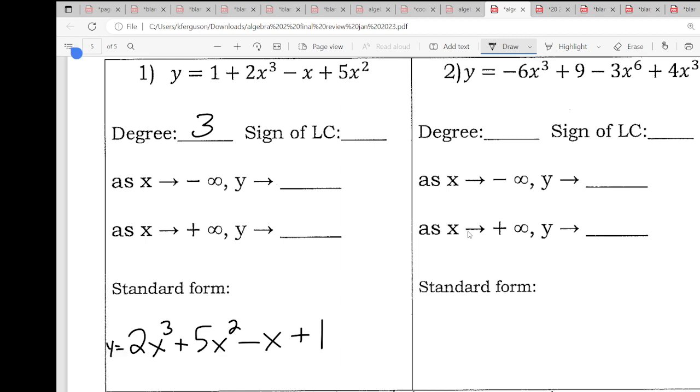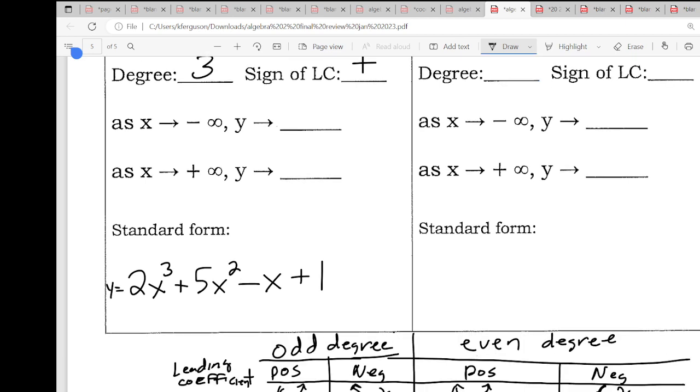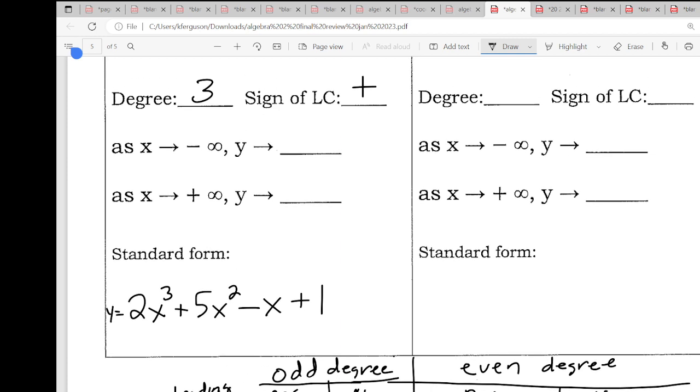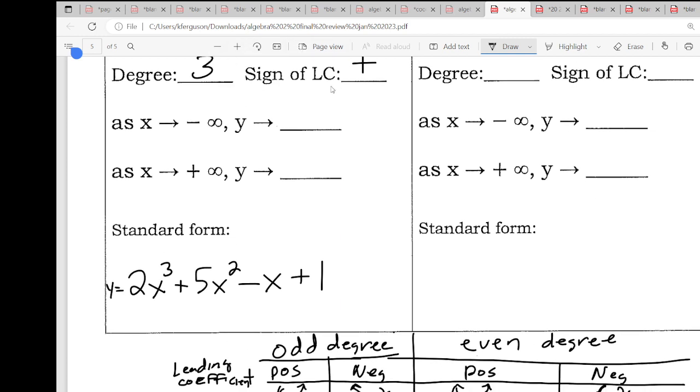So what's the leading coefficient? It's 2. And what's the sign of the leading coefficient? It was positive. So now, if I go to my little chart down here, I got a degree of 3. Is that even or odd? That is odd. So I have an odd degree. Then my sign is positive. So according to my chart right here,